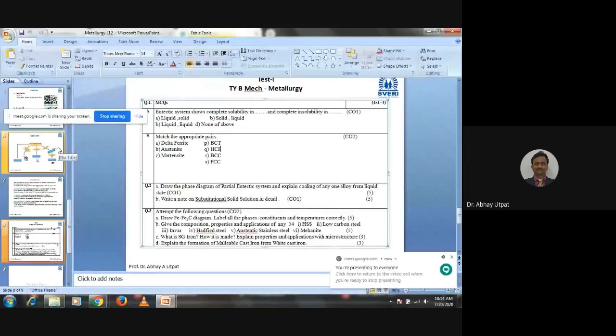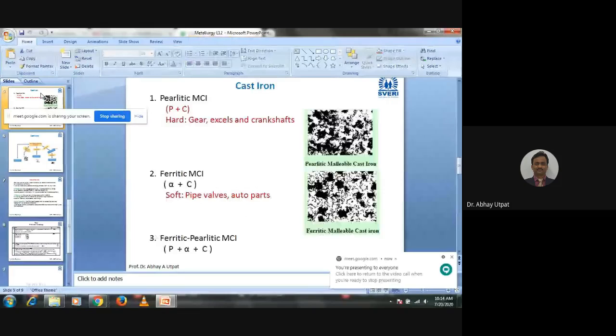So here I was explaining the pearlitic malleable cast iron and ferritic malleable cast iron. These are the two microstructures of pearlitic malleable cast iron and ferritic malleable cast iron. White cast iron doesn't have free carbon, but when malleabilizing treatment is carried out, then due to the soaking period, the graphitization reaction takes place. Two graphitization reactions take place. First graphitization reaction takes place